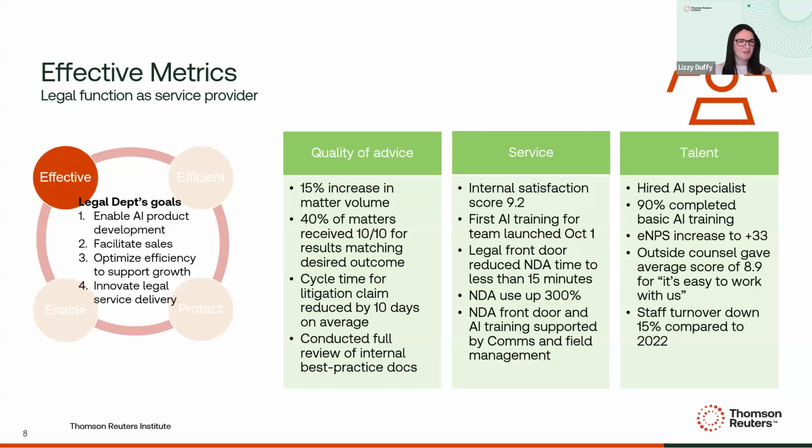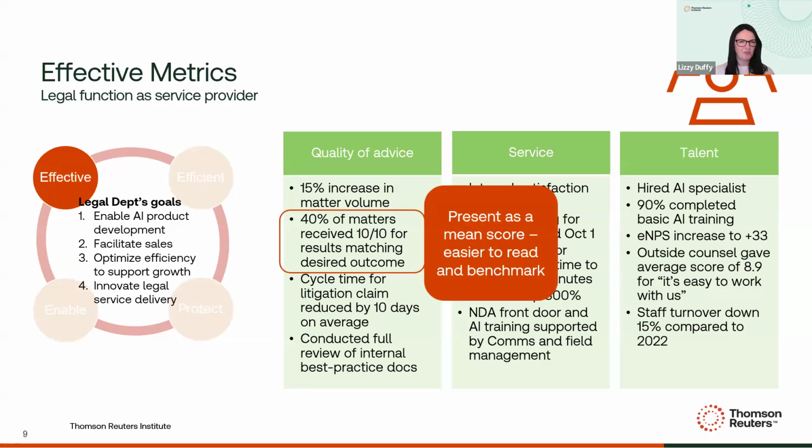And I'm going to start with effectiveness metrics. So remember here, the legal department's in the role of a service provider. We've got 3 areas that as TriClad legal department we're focused on. That's the quality of advice, the service, so are we easy, fast and friendly to work with, and the talent piece, are we building the right expertise and skills and motivating people? The first piece to hone in on then is actually a great result.